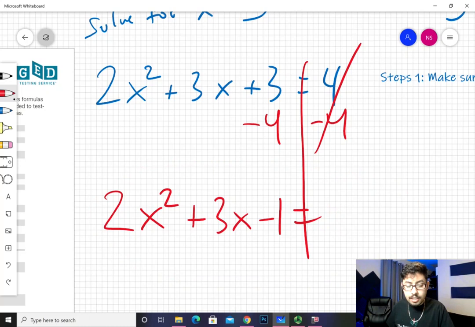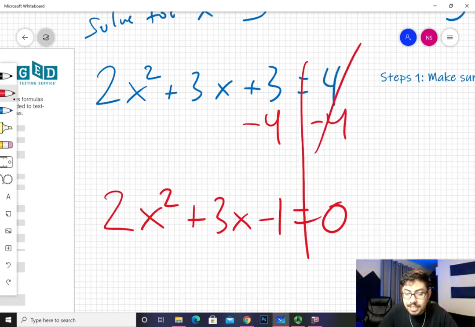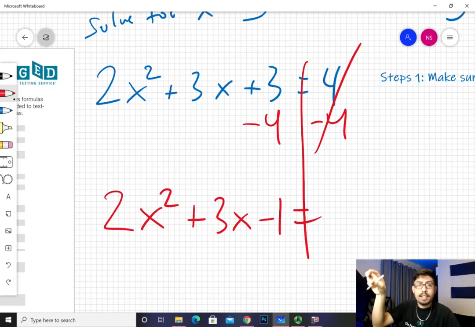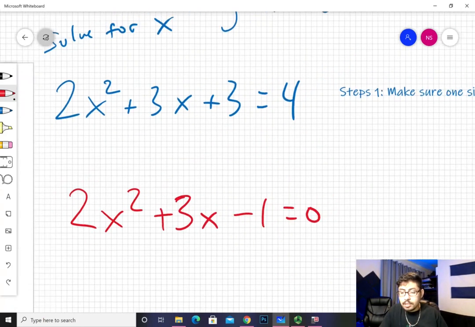And here's the thing, my friends. Most likely, specifically with the quadratic equation, one side will already be equal to 0. 80% of the time, step number 1 will be done. They love to give you a quadratic equation already with the 0 on this side. It's already done for you, right? So there's no need for movements of any kind. But in case you don't see a 0 on one side, now you know what to do. Just do the opposite of the sign of whatever it is that you want to move, and move it. So this is my new standard equation, my friends, right? So now we move on to